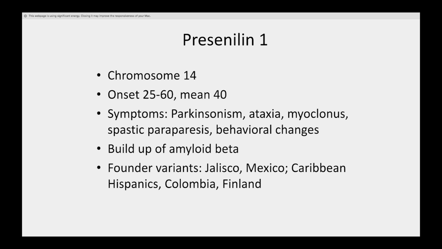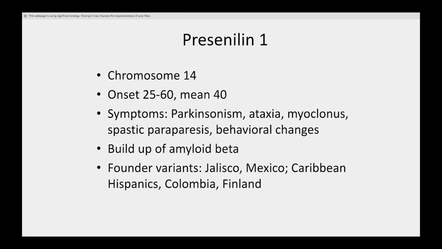So presenilin-1 occurs on chromosome number 14. So all of us have 23 pairs of chromosomes in every cell of our body. And these chromosomes really contain in them the entire code of who we are, internally, on the outside, everything. It is the genetics that dictates everything about us. And every different cell in our body sometimes expresses different parts of these 23 chromosomes. So you can imagine a skin cell is very different than a cell in the heart, than a cell in the brain. And so these 3 cells have the same 23 chromosomes with all the codes. However, they are expressing different parts of them to become these different cells in the body.